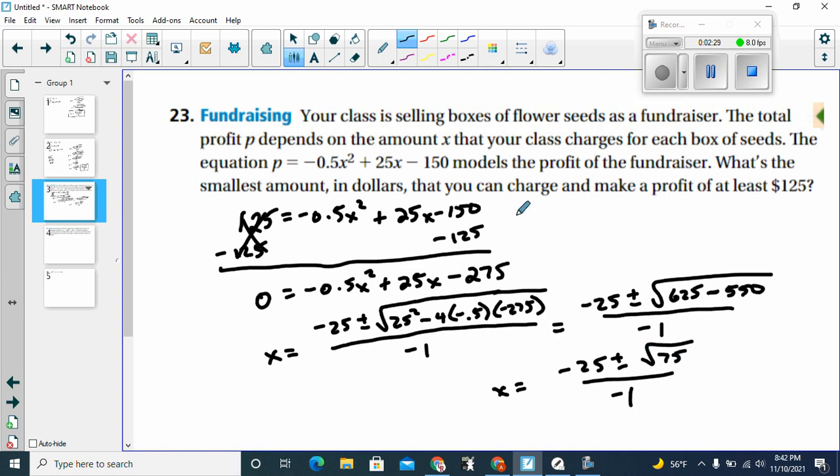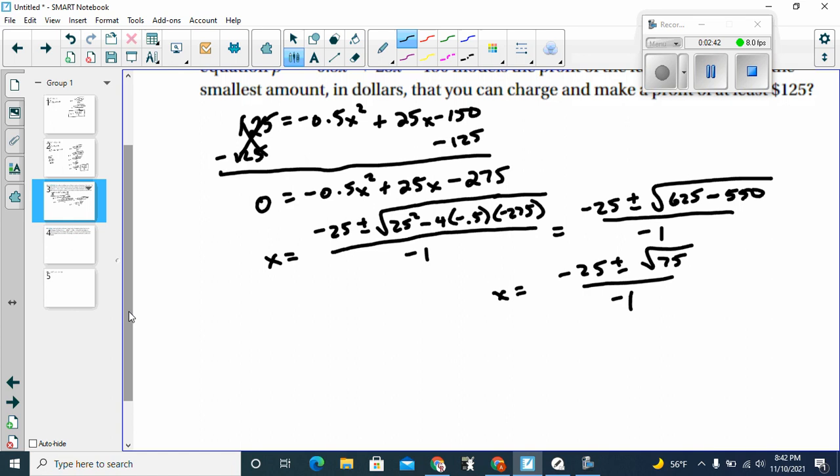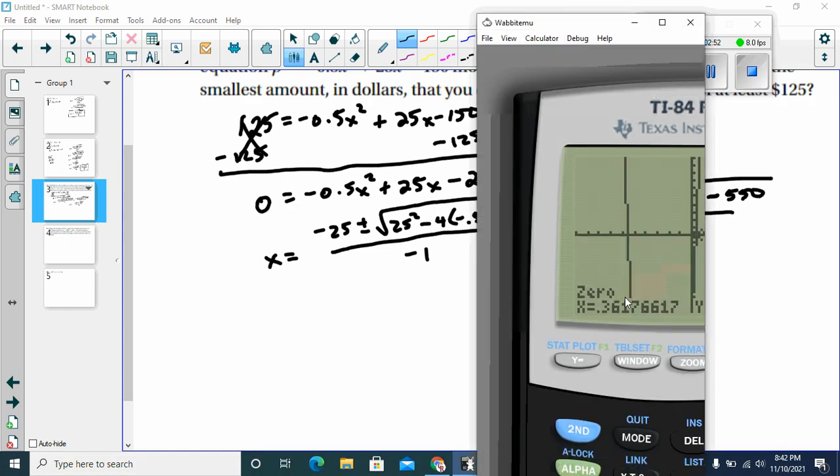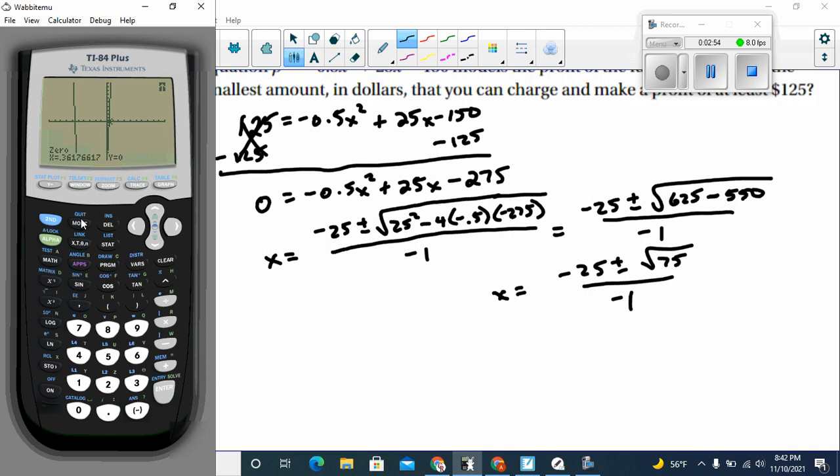You're probably not going to report the amount of money as negative 25 plus or minus 5 root 3 over negative 1. Plus there's decimals in the problem. So getting decimals here, especially if you're allowed to use a calculator, certainly would be acceptable. So we're going to do negative 25 plus root 75 and then divide by negative 1. Then negative 25 minus root 75 divided by negative 1. So we've got negative 25 plus 5 root 3, or root 75, dividing by negative 1 gives me